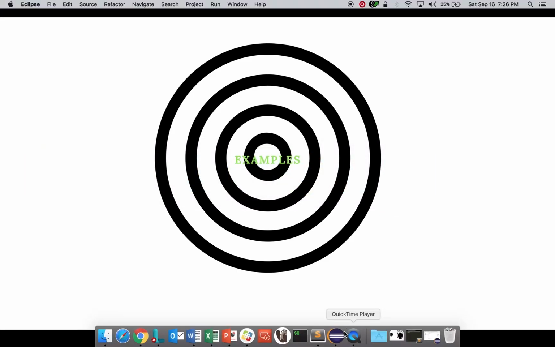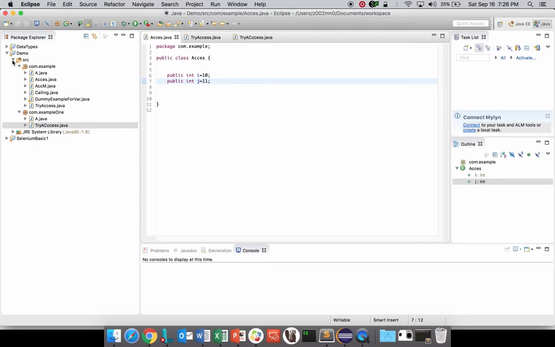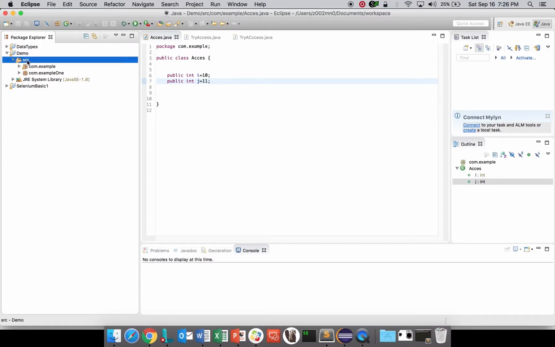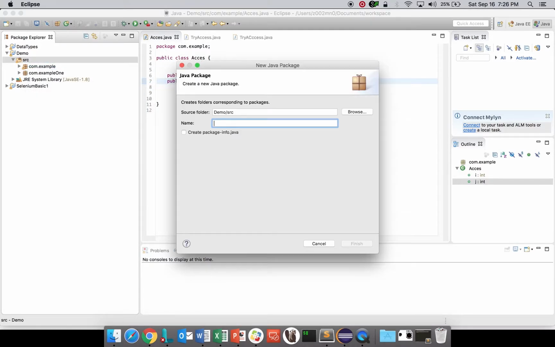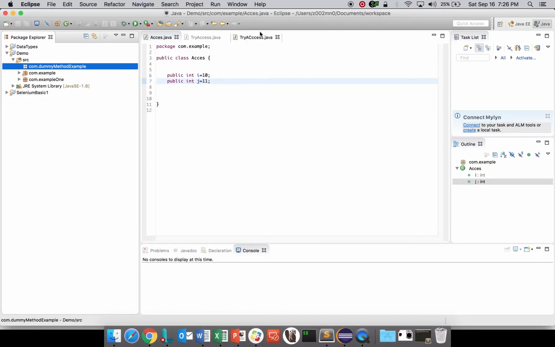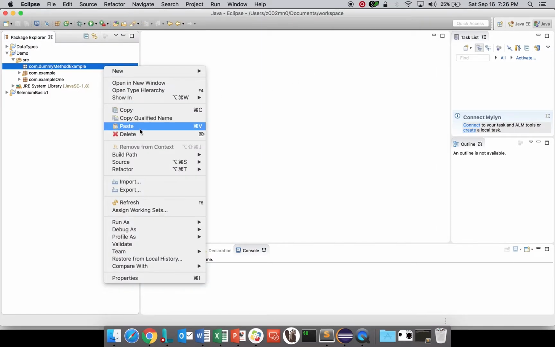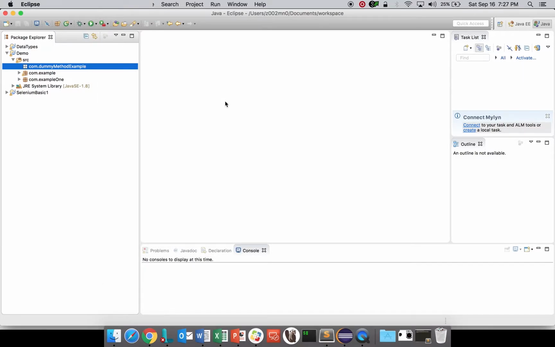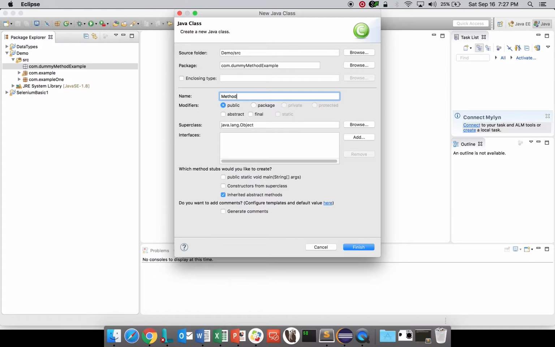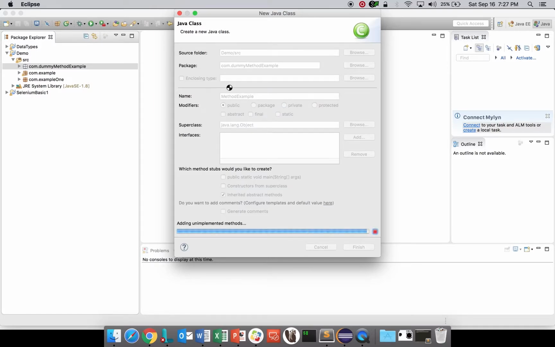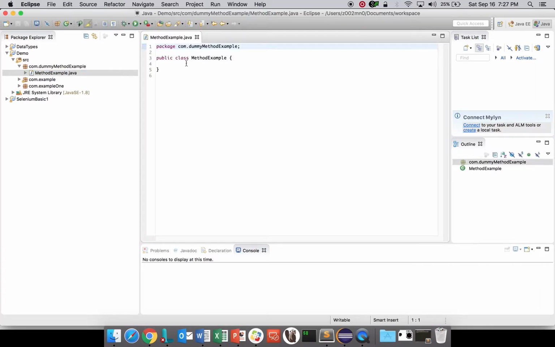Let's see how we can do that. This was the previous example. Let's create another package, com.dummy.methodexample. Now let's close all. Let's create another class, a class basically, MethodExample. In this class